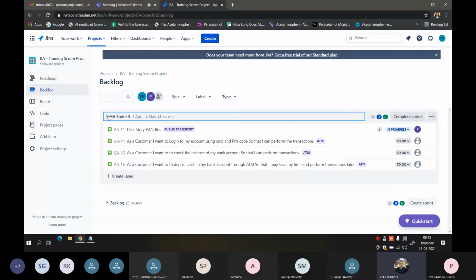there is something called spillover. If you have not completed something in this sprint, what we generally do is move it to the next sprint. That is one option they have given. And the second one is, as I told you, spillover is not actually the perfect answer. When something is not completed, you have to put it into the backlog.